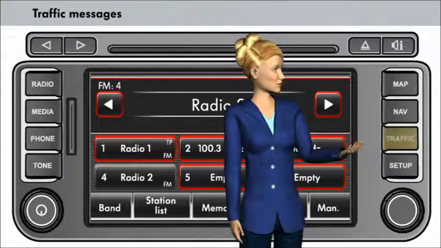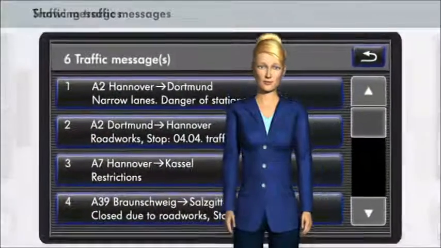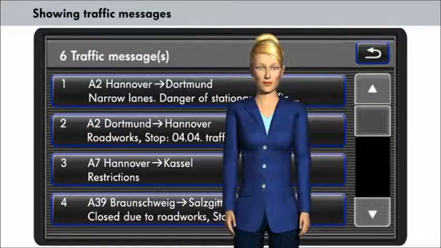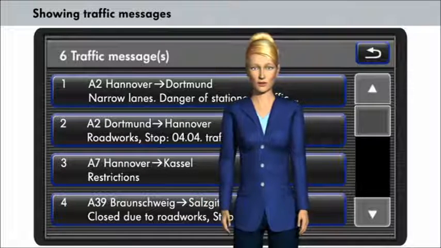Press the button Traffic in order to access current traffic messages. You can receive more detailed information on the traffic message in the display